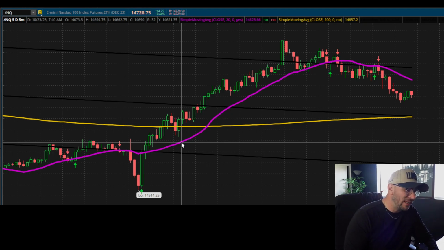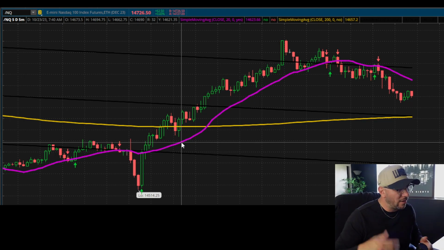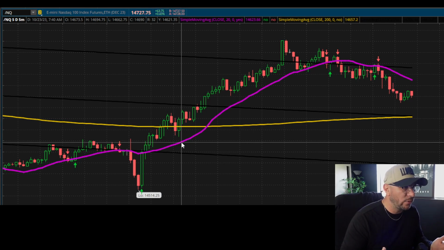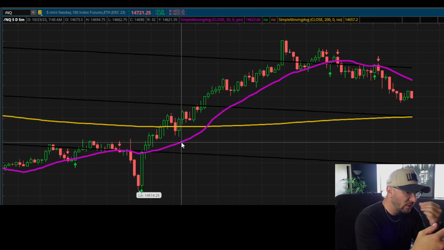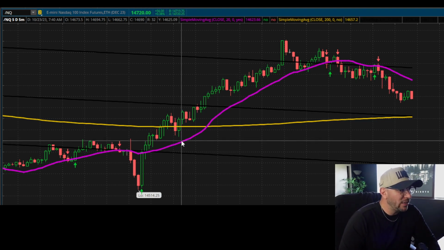The reason being is because managing your emotions once you're already inside the trade, should I sell here? Maybe it's going to pull back on me. Oh, I don't think the market's going higher. Those types of emotions are hard enough to deal with on their own. So when we have a bunch of different things going on our charts as far as our edge and our strategy, the last thing we want to do is make our emotions more complicated by having a million different things to do once we're inside of a trade. The main thing we need to monitor is,